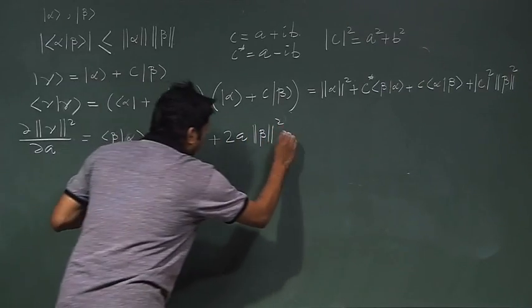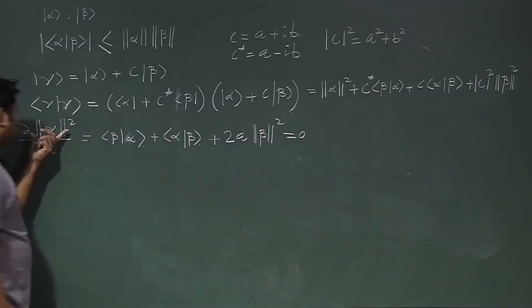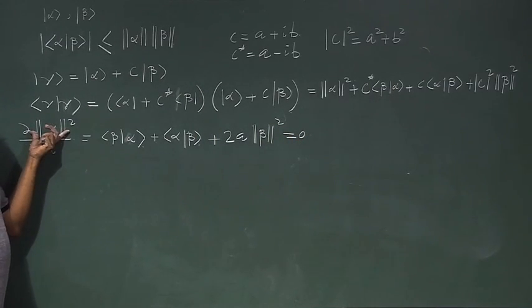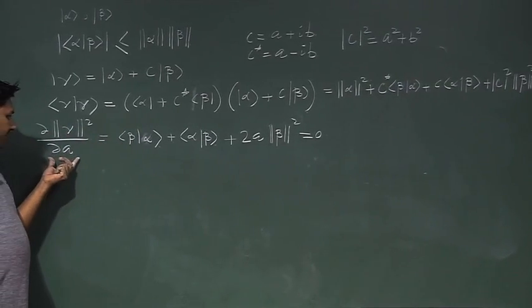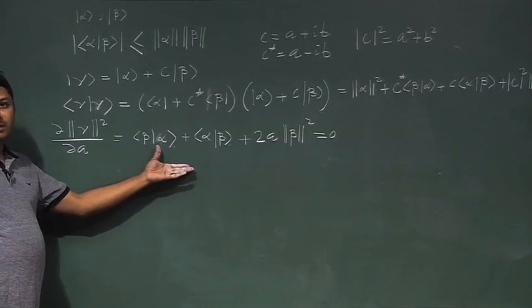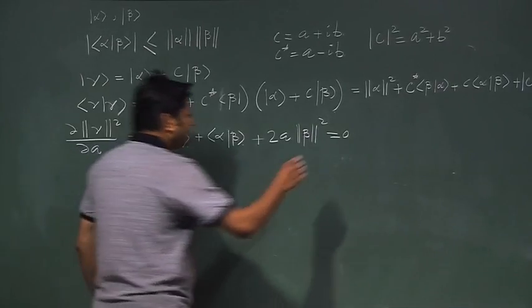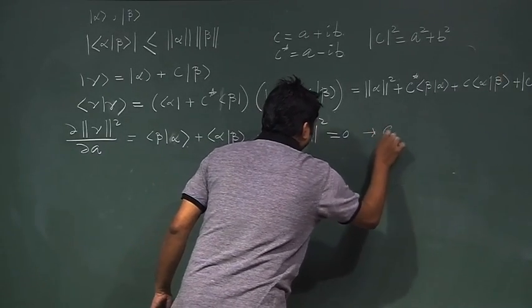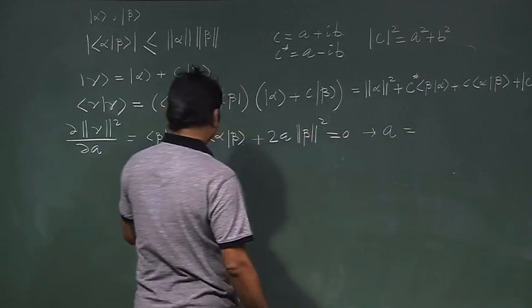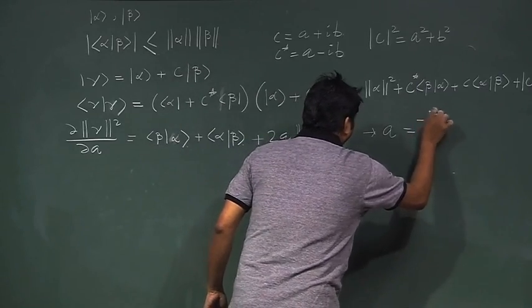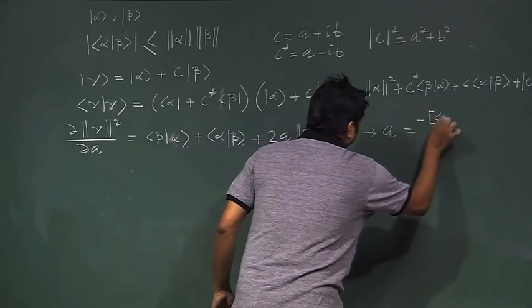Now, I am saying that this is 0, because for the minima of this quantity, if I make a derivative over a, then this term has to be 0. So, this gives me an expression of a, which is a equal to minus of